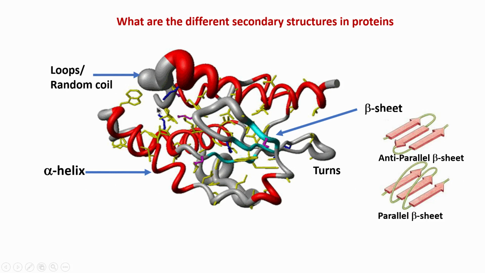So, these are the ones where you typically have no well defined conformation. They can take any possible angle conformation. So, you can see this is very thick here, and thickness, which I said earlier, refers to how dynamic they are. Loops and random coil are very dynamic in nature and therefore they do not have a regular structural arrangement like the alpha helix or beta sheet, which is very well defined and regular. They are not irregular, but they do not have a very well defined conformation.